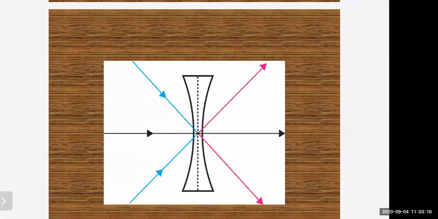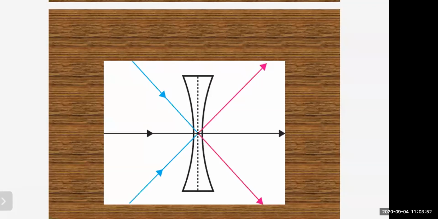So optical center, you can see even the optical center, it is a point inside a lens on the principal axis through which light rays pass without changing their path. So here the light rays are passing through that optical center. Okay. So if you look at the textual diagram, you can say rays P1, Q1 and P2, Q2 are passing through the point O, are going along a straight line. Thus O is the optical center of the lens. So what you can say, the point O is called as the optical center of the lens, right?